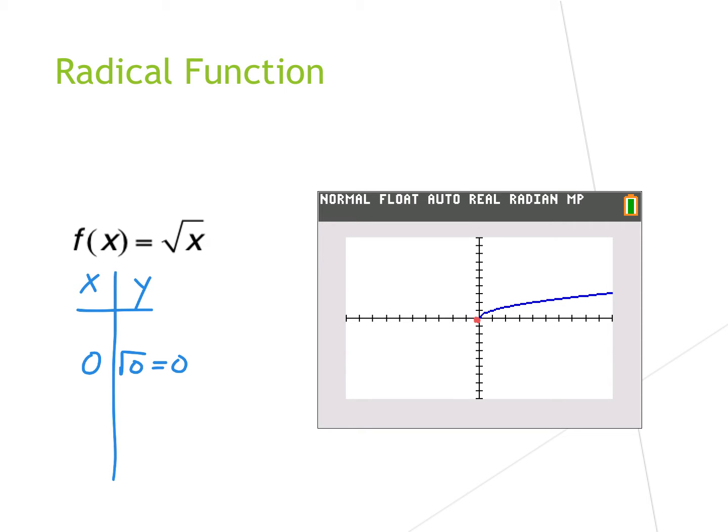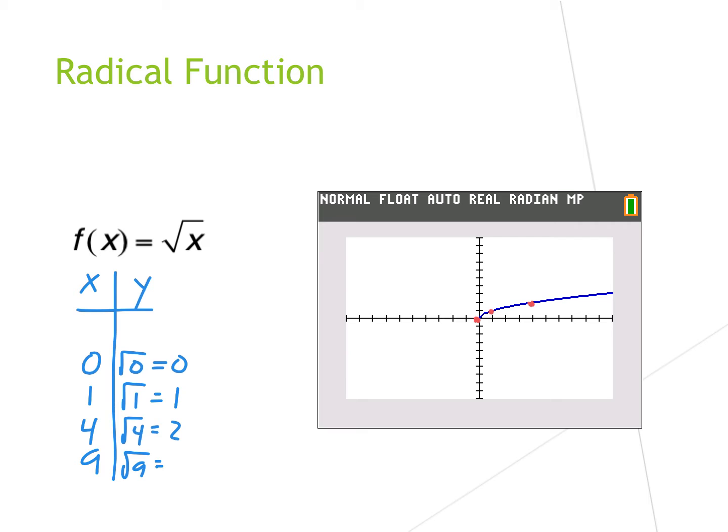If we try 1, the square root of 1 is equal to 1. That gives me the point 1, 1, which is right about there. The next nice point might be 4. The square root of 4 is equal to 2. So at 4, the height is 2. That'd be right about there. And the next one that'll fit on this graph is at 9, because the square root of 9 is equal